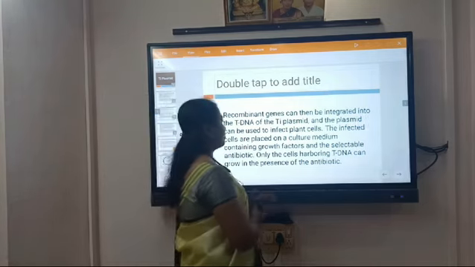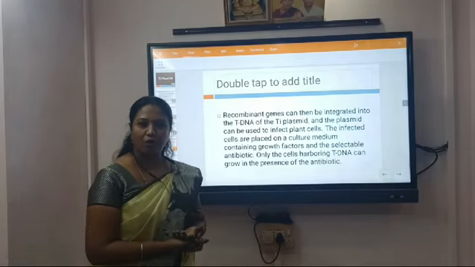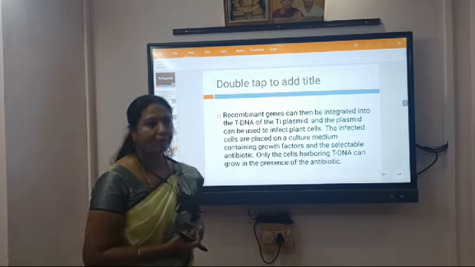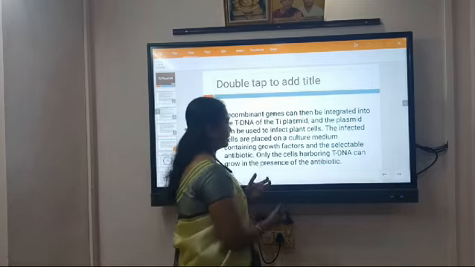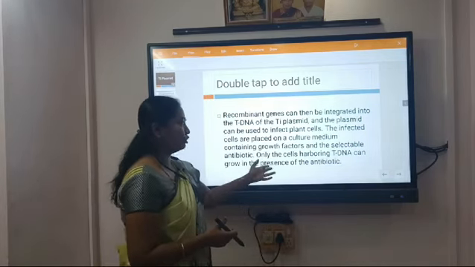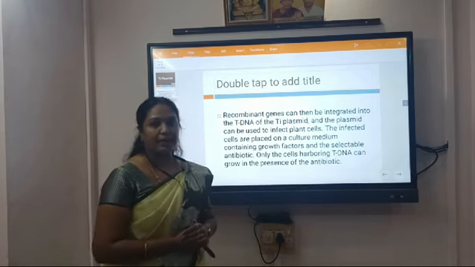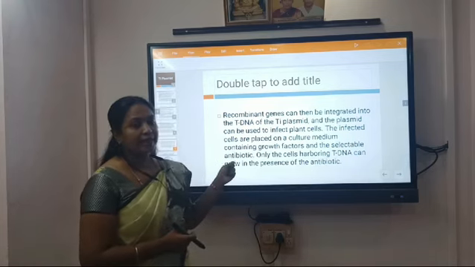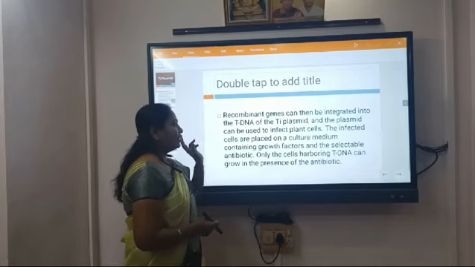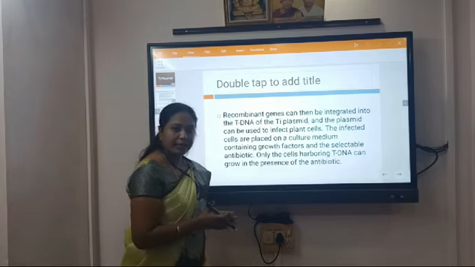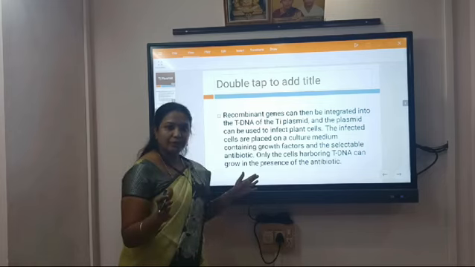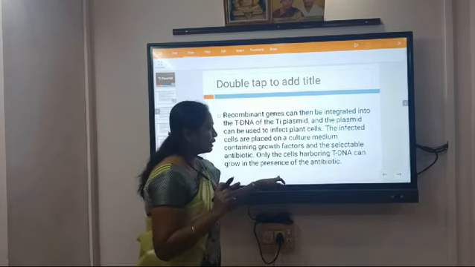The infected cells are placed on a culture medium, because all of us know how to select the recombinant cells. The infected cells will be placed on a culture medium which contains growth factors as well as selectable antibiotics, because we have already inserted selectable markers, which are nothing but antibiotic resistance genes. So we put it in a medium which contains the antibiotic. As a result, all the other cells will die, only the Ti-plasmid